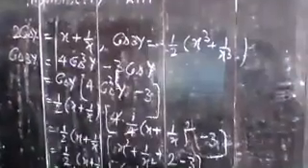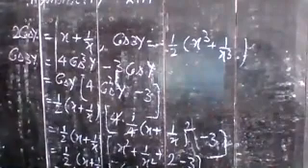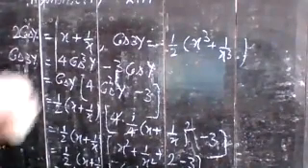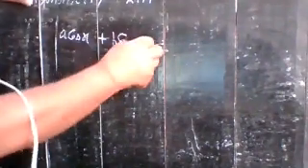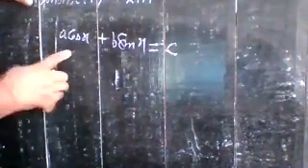If alpha and beta are the distinct roots of a cos x plus b sin x is equal to c,